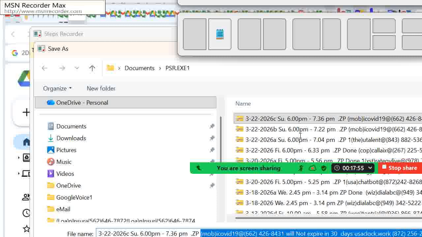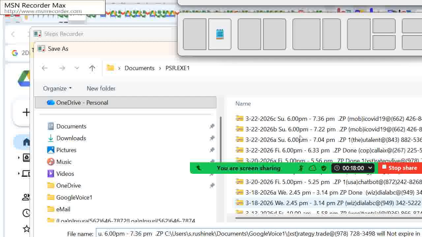And now I will mark the string with my cursor all the way to the backslash, and then go Edit, Copy. I copied it to the clipboard buffer, scroll down, and paste it as a prefix before the file name with Control V. And now I got an entire string that contains a path to the Google Voice One account, backslash separator, then the file name